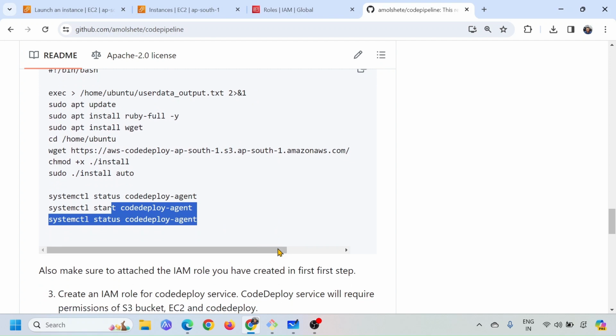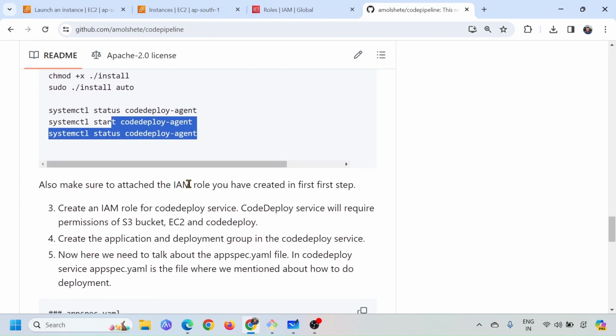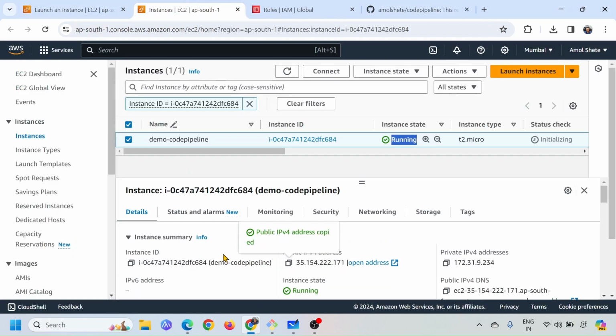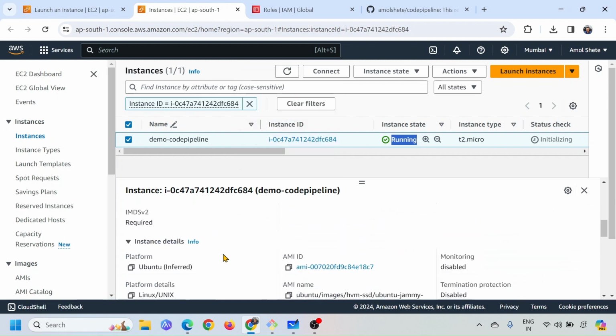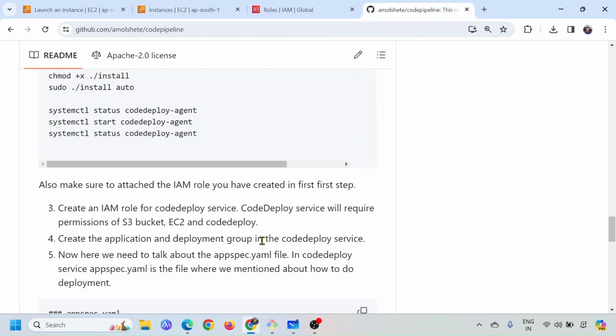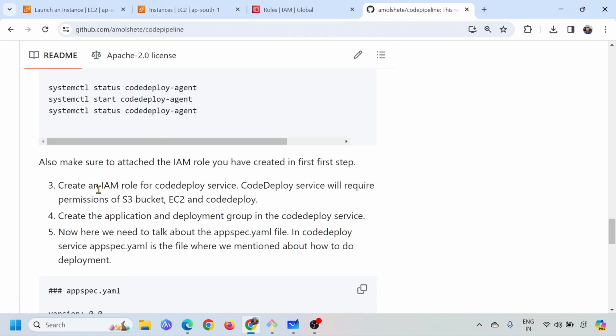Right, let's go ahead, and here I have just mentioned, make sure that you are attaching your IAM role. That's something we have already done, or I can show you. If I scroll here, you can see that we have also attached the IAM role here. Great. The next step is to create an IAM role for the CodeDeploy